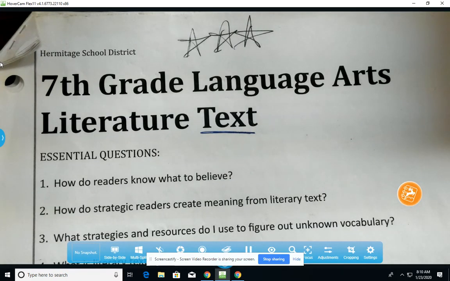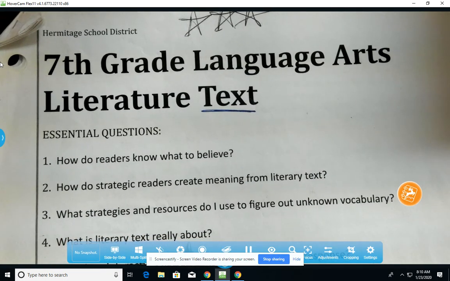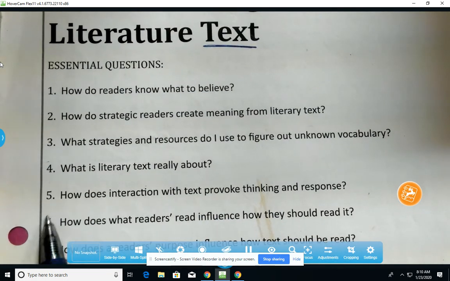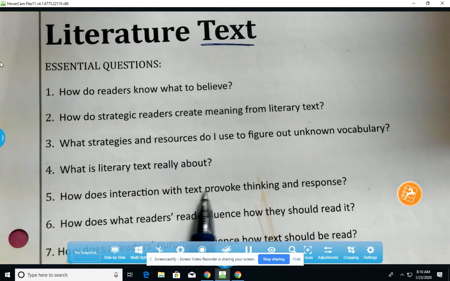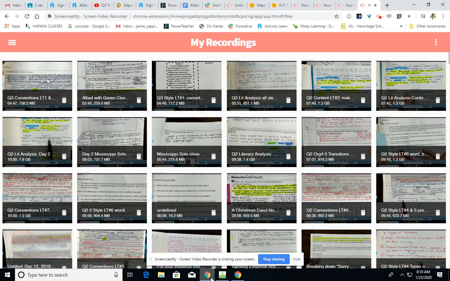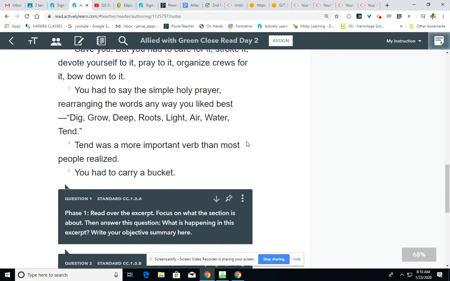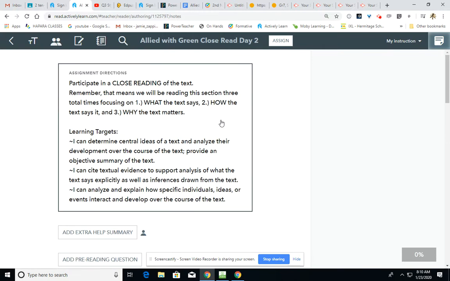Hello, today we are looking at the literature text packet. We are focusing on essential question number 4, what is literary text really about? As well as essential question number 5, how does interaction with text provoke thinking and response? As we participate in a close reading today of Allied with Green, which we read last week and close read